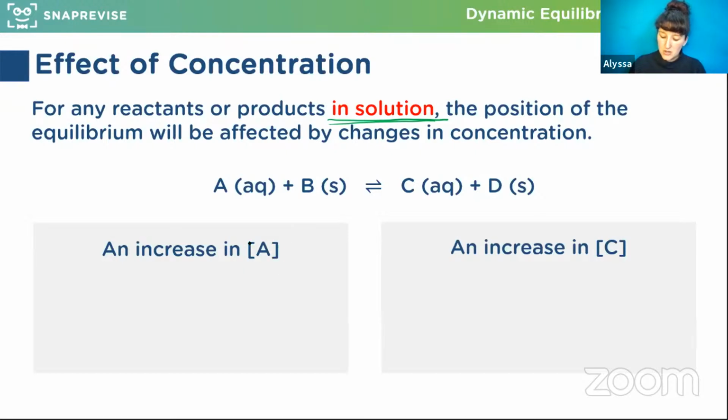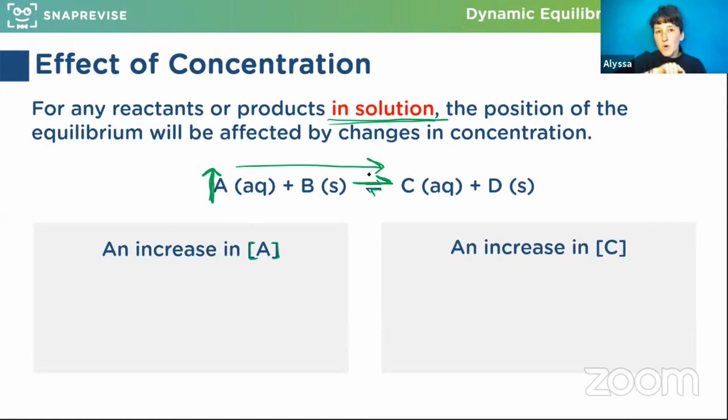If we're changing the concentration of A, i.e. we are increasing A, and I'll stay in green because I'll use a different color in a second. So if we increase A, you can think about it a bit like a seesaw. If we're increasing A, then the system wants to remove that A. So it's going to shift the equilibrium in the forwards direction. We're going to push the equilibrium to the right.